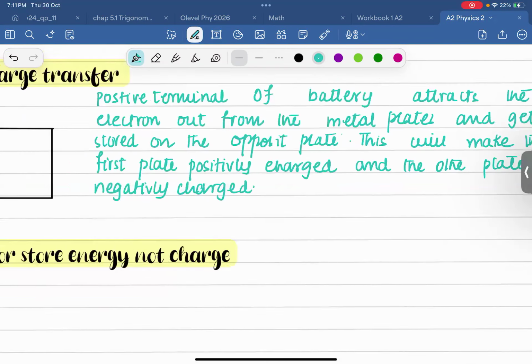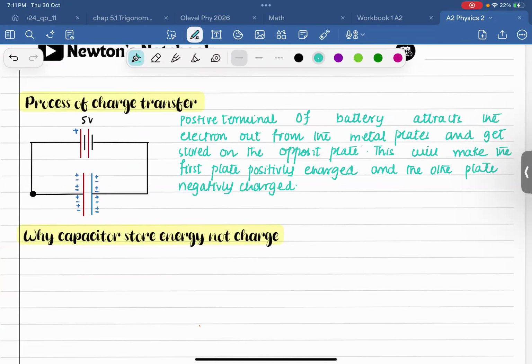So this is how the process of charging occurs